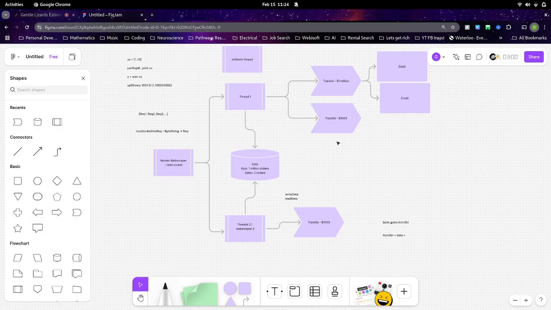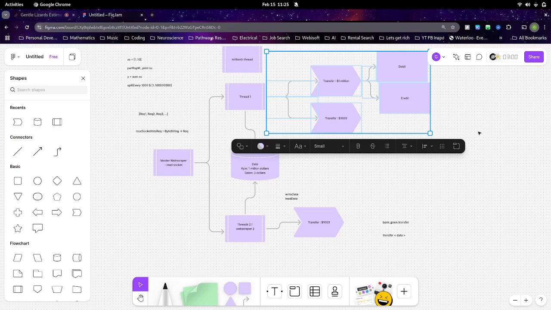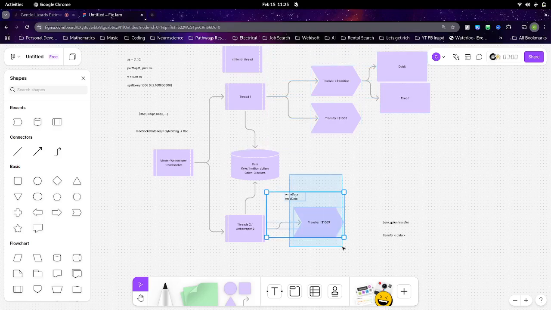Now, how does concurrency come into play here? Well, this is what we define here as a concurrent program, because we have this individual transaction, which is how we hope for it to happen. But we also have another transfer going on at the same time. So for one, we want to make sure that this happens atomically. But we also have other programs which are going to be reading and writing from the state at the same time.